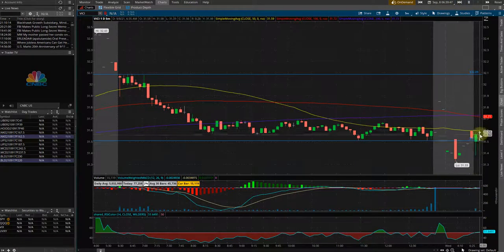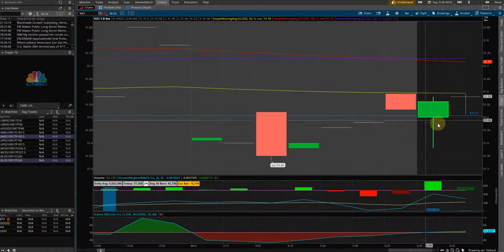Okay, so here's the first two candles. We actually would have opened below our put trigger, which in this case, it looks like that would be a good thing for us, because if we opened above it, well, I mean, we could have made money, but this is a little bit of a fake out.